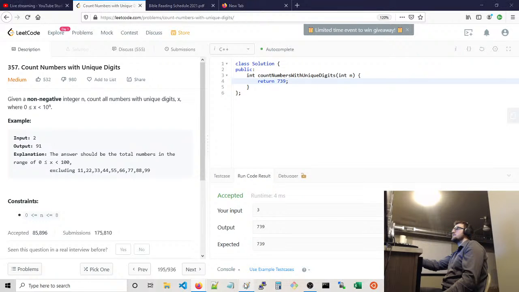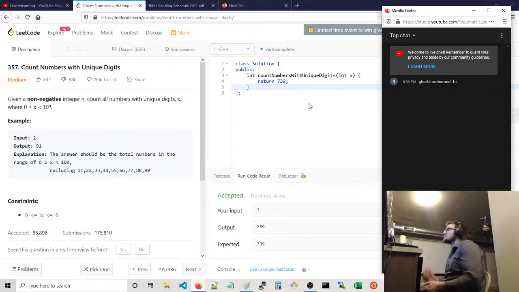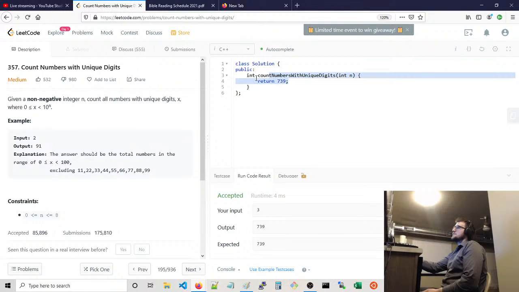N equals 4, right? I like how this took 4 milliseconds, even though it's just returning a number. Hi, how's it going, Garvey Mohammed? Hello, welcome back. Hello, hello. Welcome, welcome. Hope your day's going well. If you make this a constant expression, this would be very fast. But anyway, so